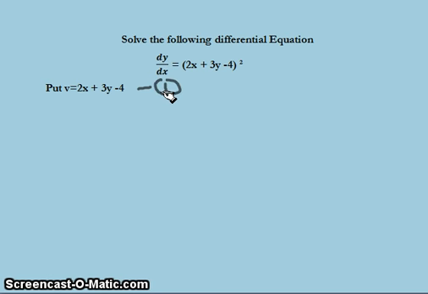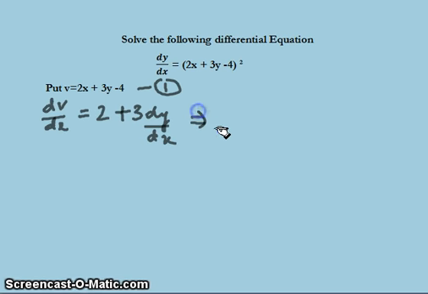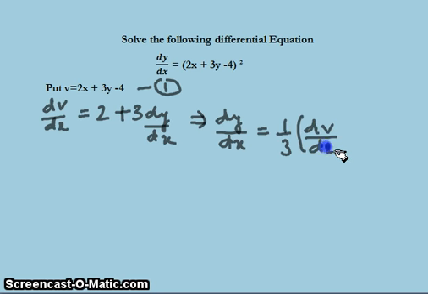Now we are going to differentiate this equation with respect to x. Thus we have dv by dx equal to 2 plus 3 dy by dx. This implies that dy by dx is equal to 1 by 3 (dv by dx minus 2), which is obtained by rearranging the terms of this equation. Now substituting these values in the given differential equation, that is equation number A, we have